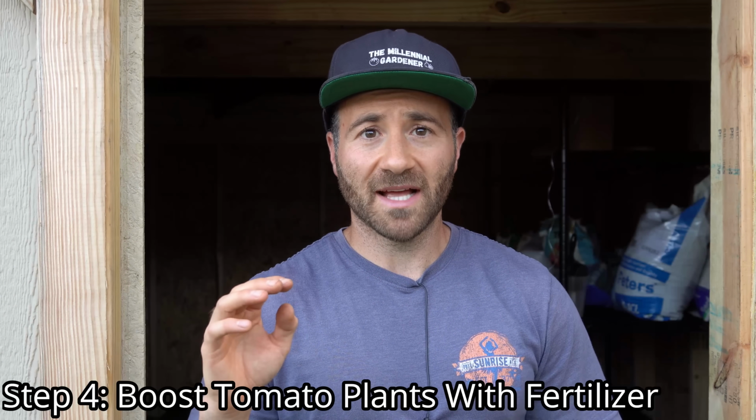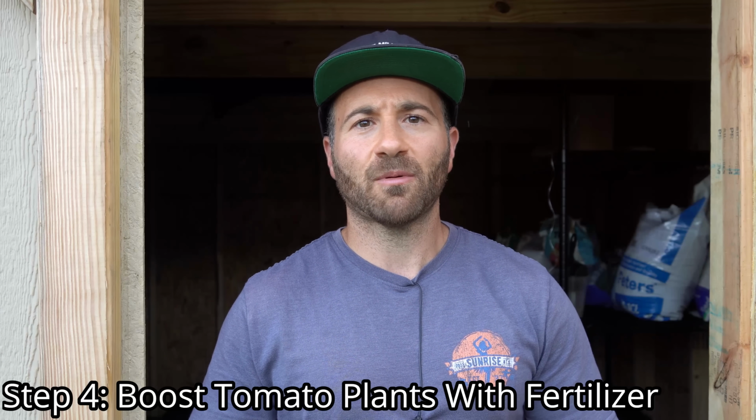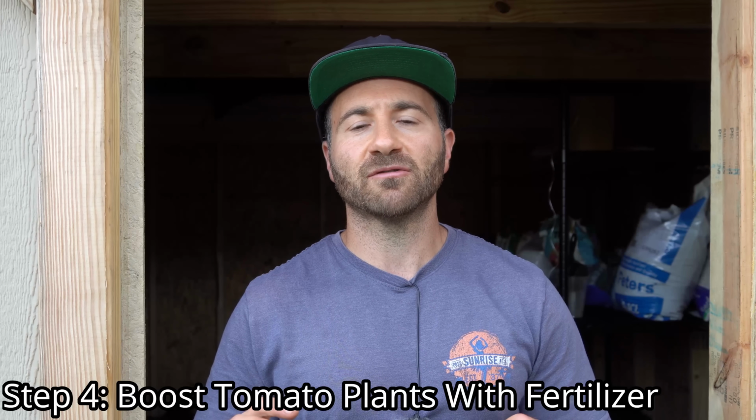The fourth thing we're going to do is give our plants a boost with fertilizer. Now, probably by now you either have tomatoes that are flowering and forming tomatoes, or maybe you even have tomatoes in the ripening process like I do. And if you haven't fertilized your tomatoes since you transplanted them, they are going to be running out of energy